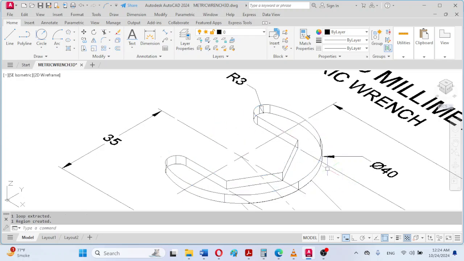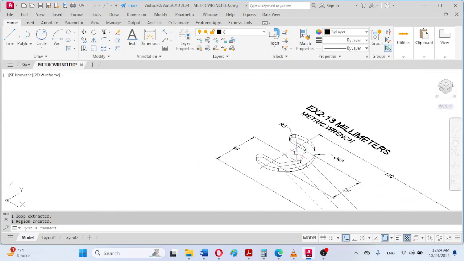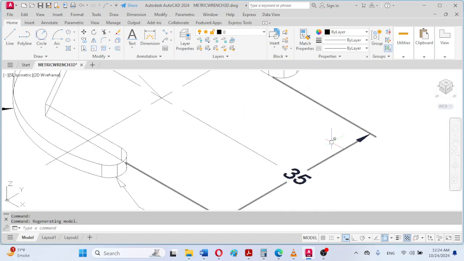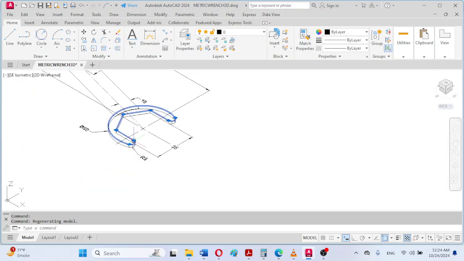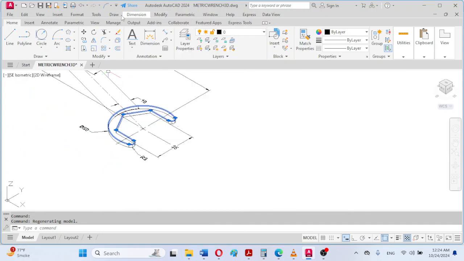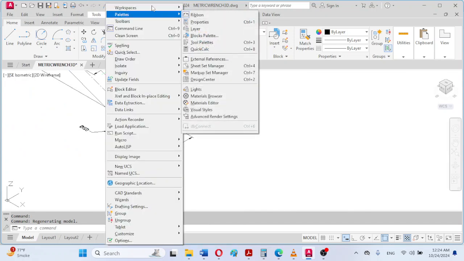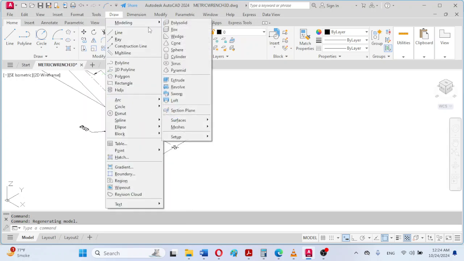So one region is also created here. So in a similar manner now we will be selecting both these extracted edges, and then we will be clicking again on the Draw menu, Modeling, and